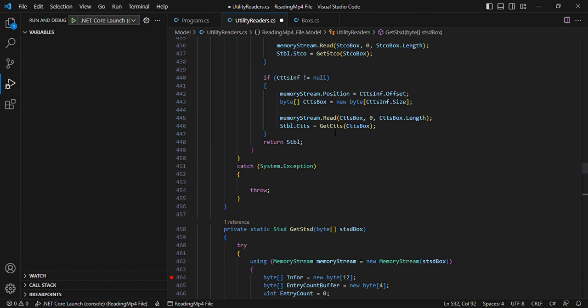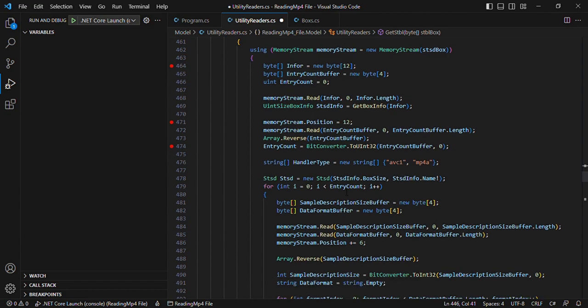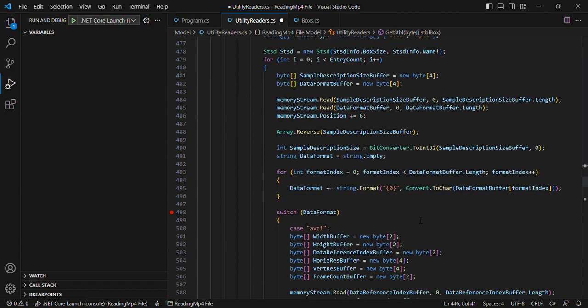Guys, we are getting closer to actually getting the samples out of the file. We've been writing code to get the information that relates to the placement or the location of these samples and how they were encoded, and all those sort of things. So now that we have managed to write code to parse, okay, let me say most of the most important boxes, we are now closer to actually getting the samples out of the